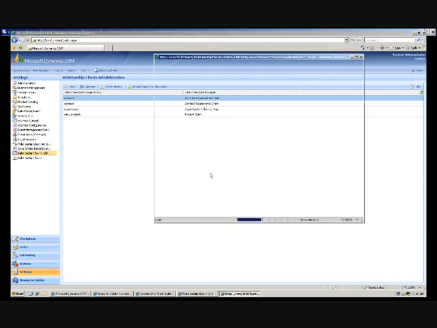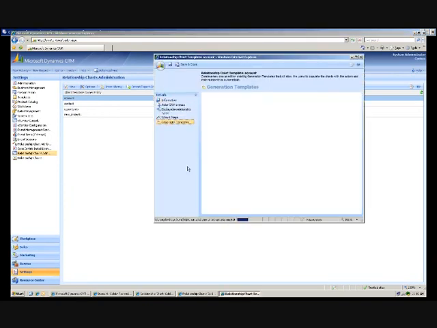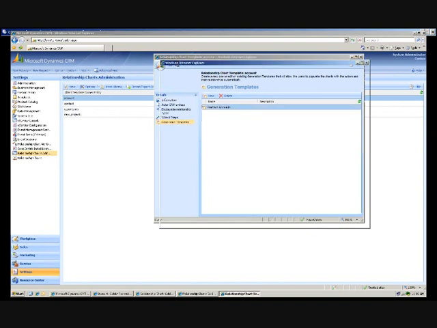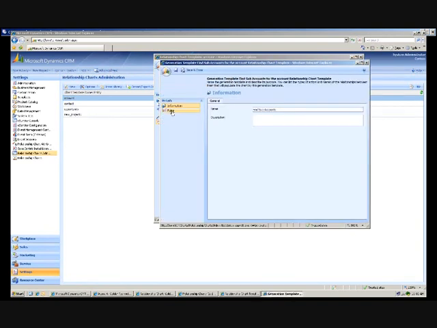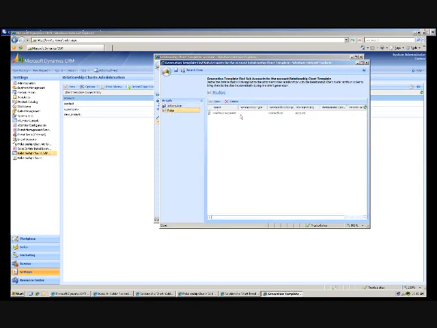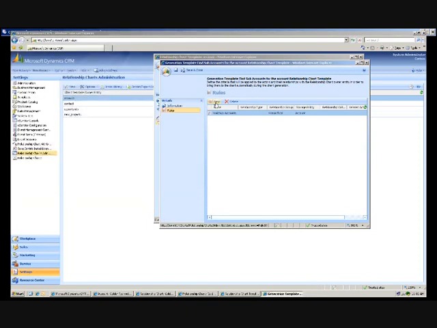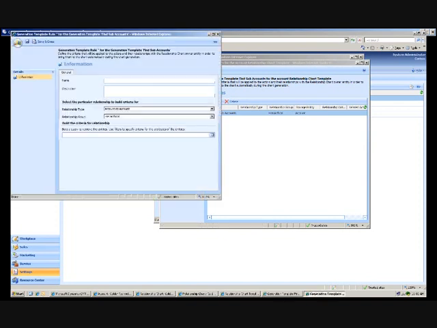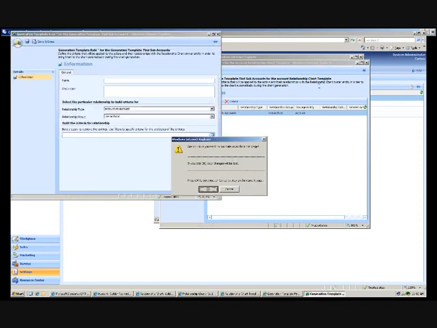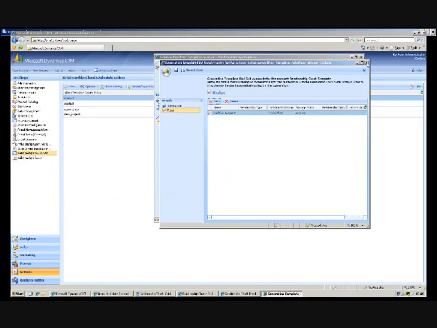I go into the account chart entity, generate templates, find charts. What I've done is it's a real simple thing. I just made a description and a rule. And that rule is to bring all the relationships from an account to account that are hierarchical. Okay. I may make another rule in this one. I'm going to say bring, well, I have to go define it first. One second. Let's go define